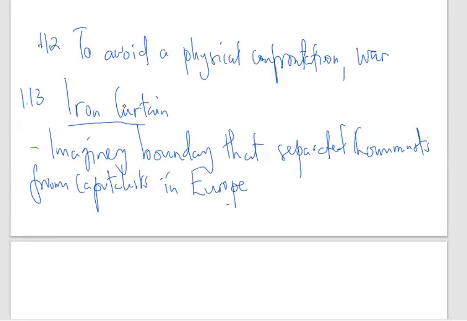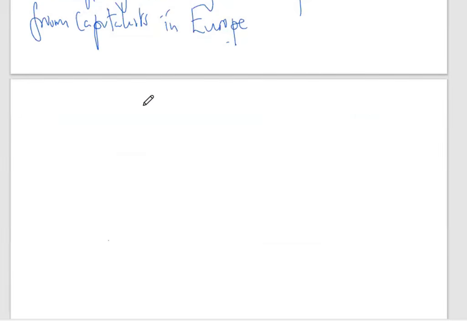The iron curtain implies that there was now a boundary which was splitting Europe into two: the eastern side dominated by the USSR and the western side dominated by capitalism. So the effect of the falling of the Iron Curtain was the coming of an imaginary boundary which was now dividing Europe into a communist side and a capitalist side. That's the implication of the Iron Curtain in this instance.